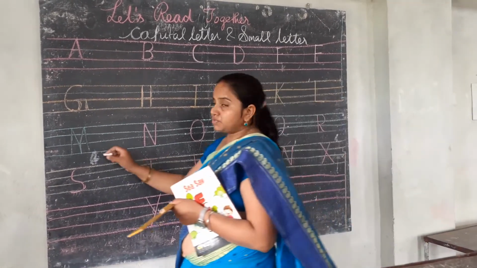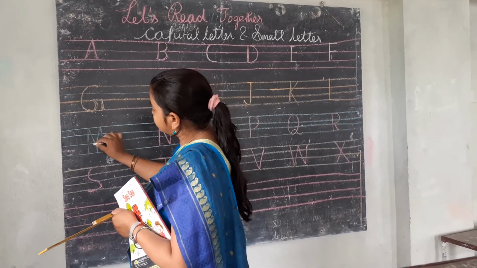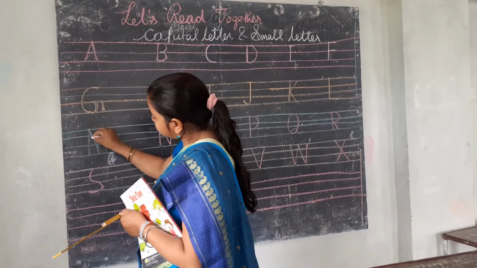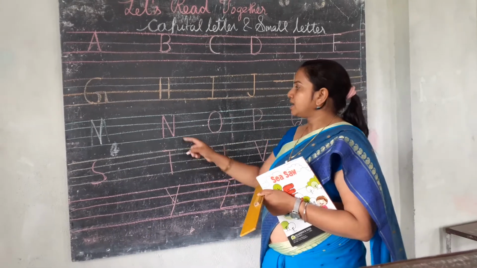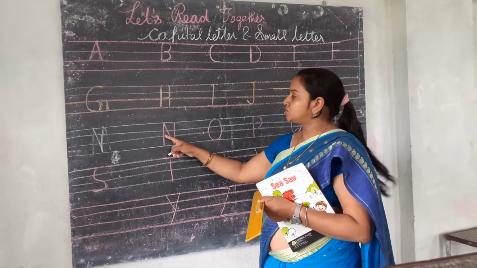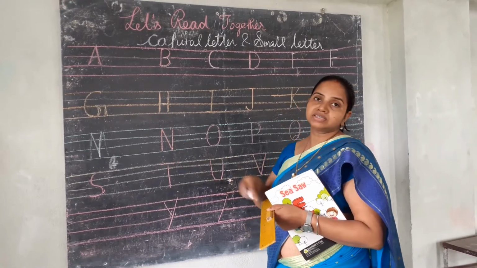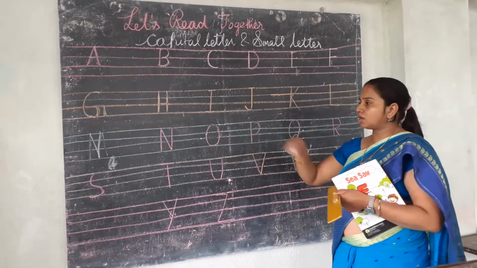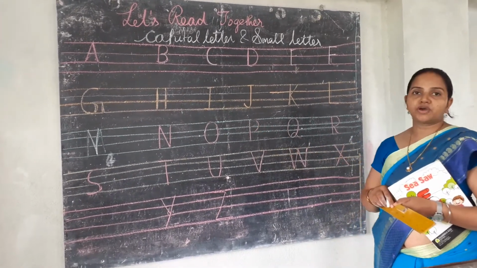And the next letter which is coming here on the board in the third row is your M. We'll have 2 standing lines, 1 this line, 1 this line, and the 2 standing lines which will join. And then we have N, the 2 standing lines similarly as your M, but with a slanting line. And then we have a big O, that is your circle O, and then a standing line and a curve like that will make your P.